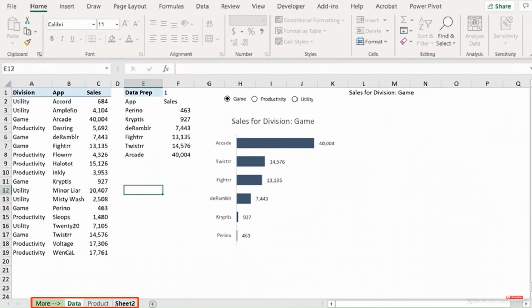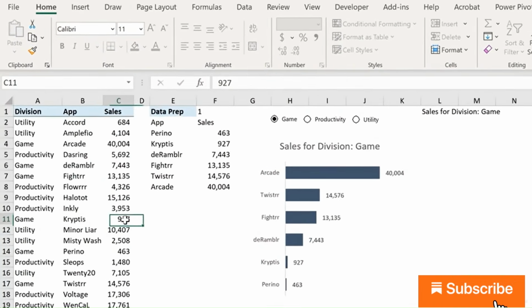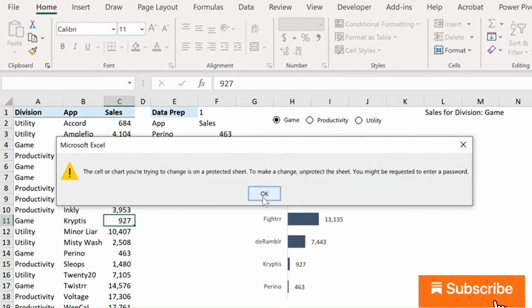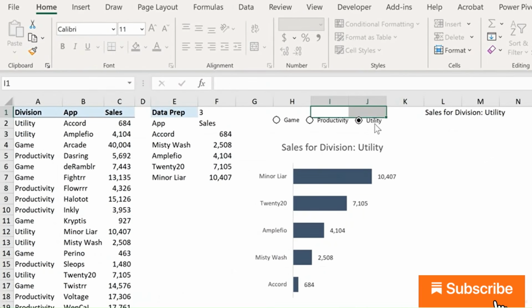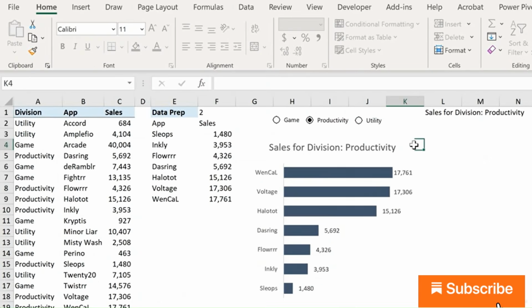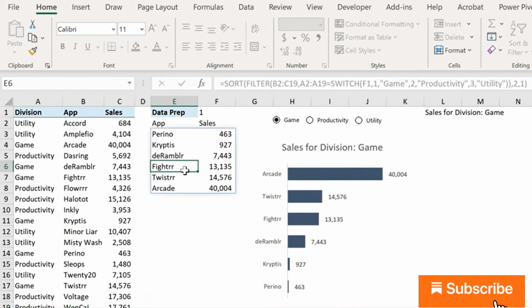I have this Excel file with 4 different tabs. This tab here, the Data tab, has protection in place. So if I attempt to change something here, I can't. If I want to delete the chart or move the chart, I can't. I can't move these radio buttons, but I can use them. So I added this protection in place because I didn't want anyone to mess with this data, but unfortunately I've